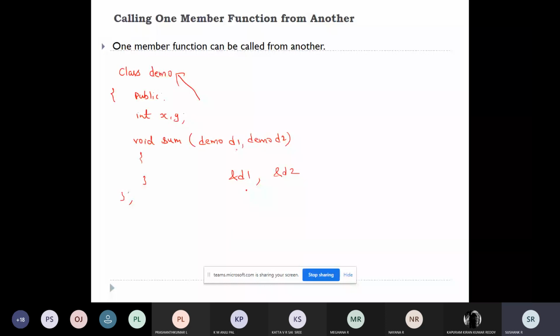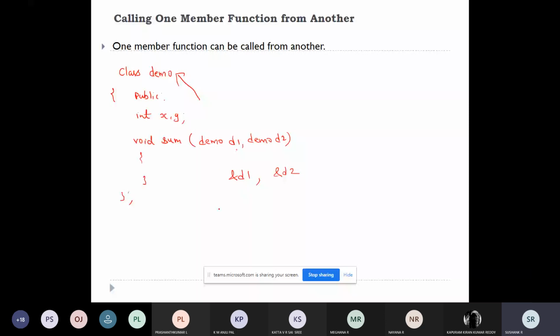You would have studied that example, right? It's the same reference. When you are passing by value, the copy of the actual object will be created inside the function. Whenever you are passing by reference, you are passing the address, so any changes which you are making inside this function will be reflected in the actual object also. That is the difference between pass by value and pass by reference.